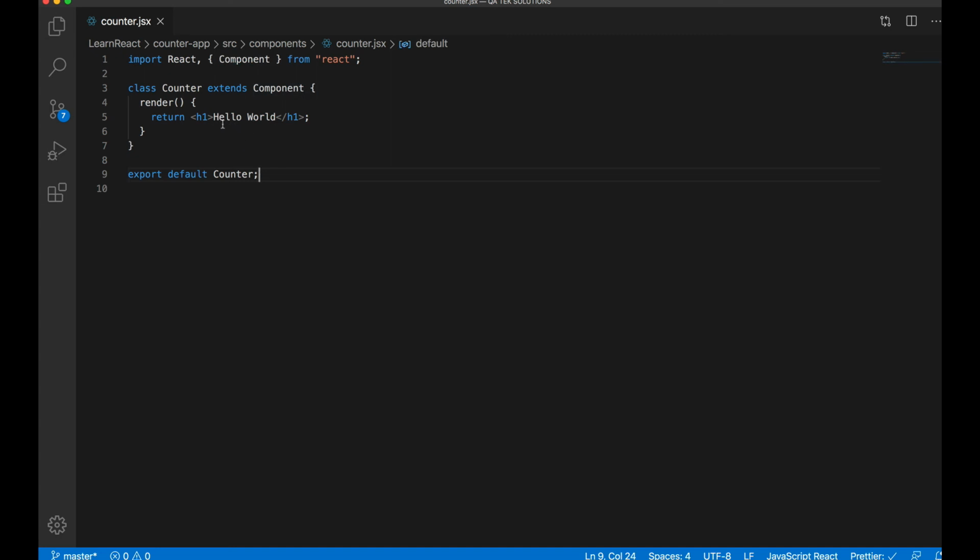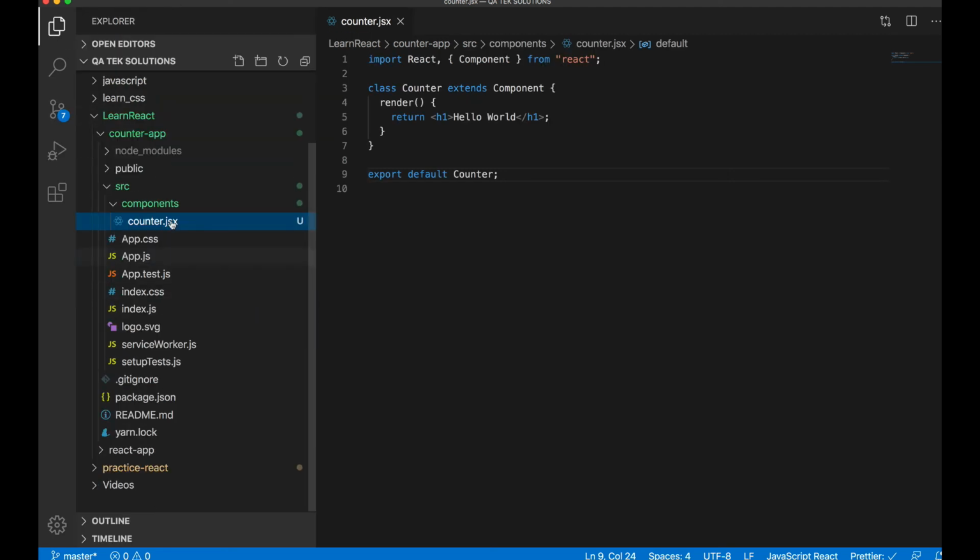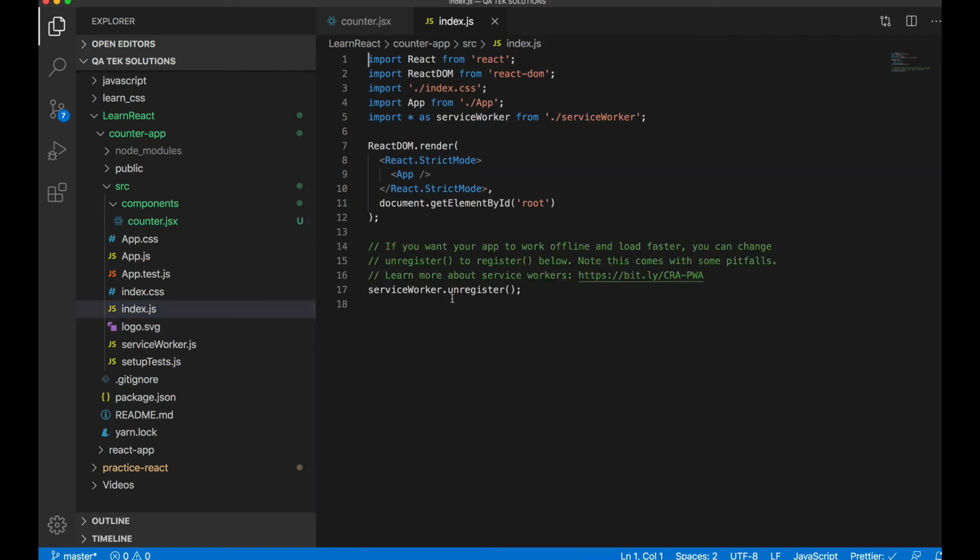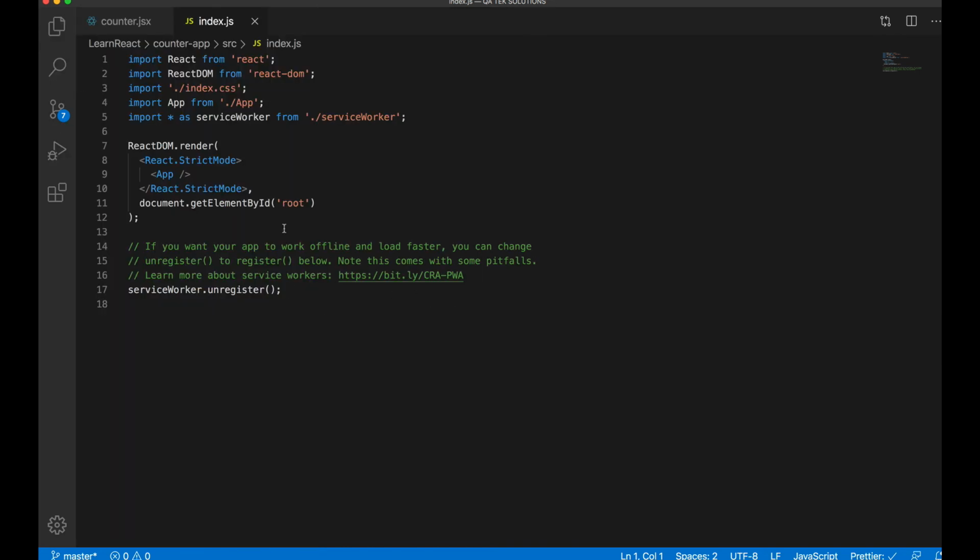So now, in order to see this hello world, we need to add information into index.js. So let's come to our source folder and open index.js. This is auto-generated code for you, so we need to do a little bit of cleanup over here. So what are we going to do? As you see here, first